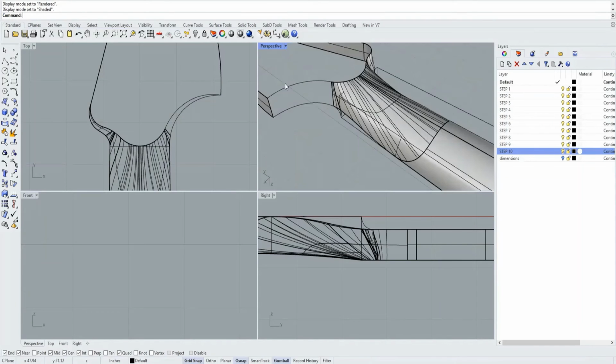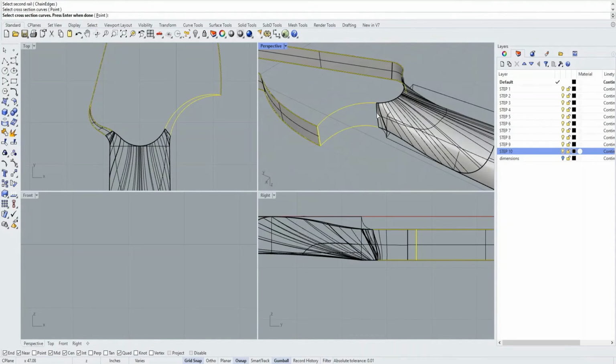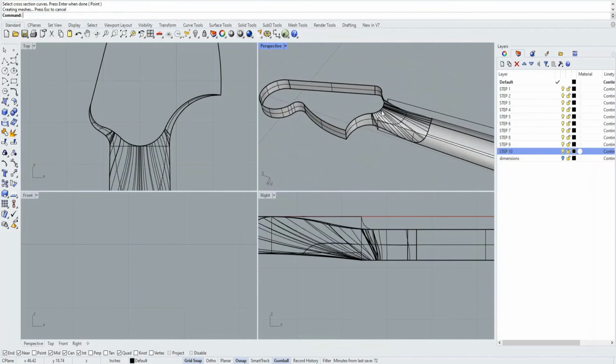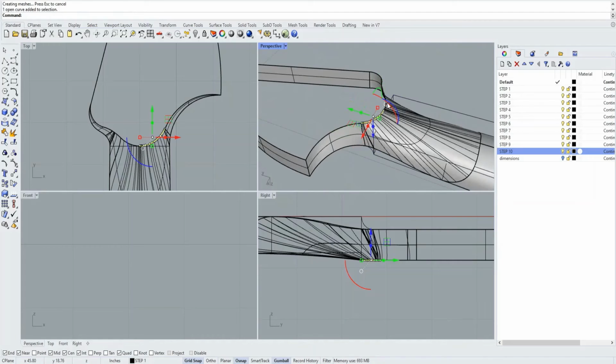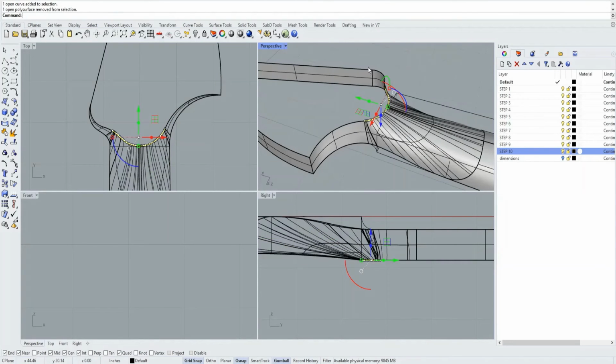Now we just have to connect it up to the other side here. So sweep to, here's our rails, here's our cross-section curves. Great. And so now we can go back, select the portions that we split away from the headstock before,